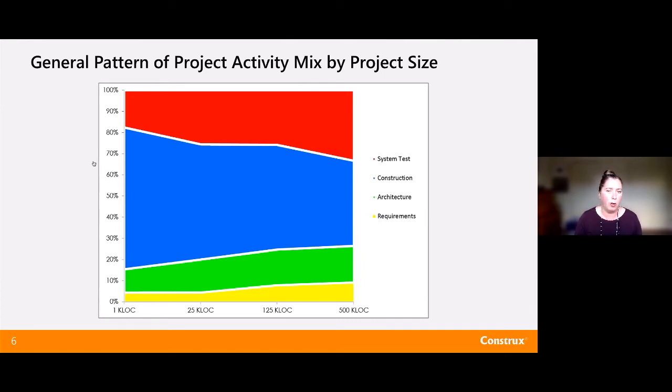If you're looking at the work mix on very small projects, you're looking at something that's two-thirds construction, one-third other activities. But as you get into systems that are even, what we start to consider as pretty big, that work mix actually changes to one-third construction, two-thirds other activities, which is why we see things like in the Scaled Agile framework in SAFe, you start to see architects on the Agile release trains, because there is more architecture work